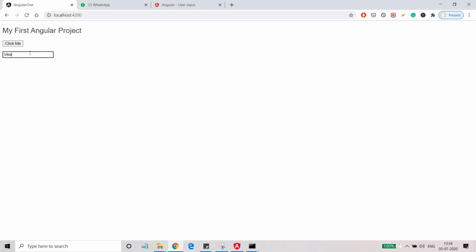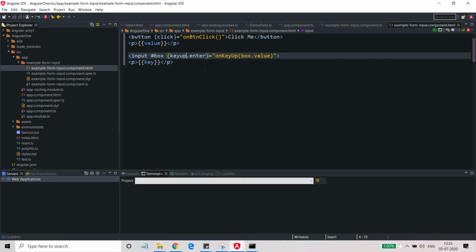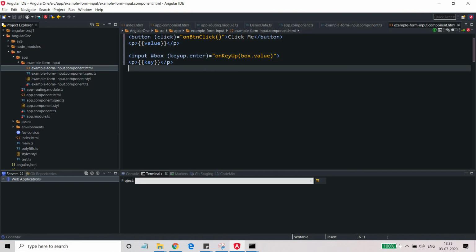So I'm writing it here Vikas and I pressed enter. So once I press enter, then only it will be updated. Okay, so here I'm writing something else like water is cooler. So if I don't press enter, it will not be updated on the screen, but if I press enter, it will be updated. So this is the way you can just filter your events. Okay, so I hope you got the point of how you can use the various events associated with the buttons and the input boxes. Few more detailed examples will be given for other controls in the upcoming video.